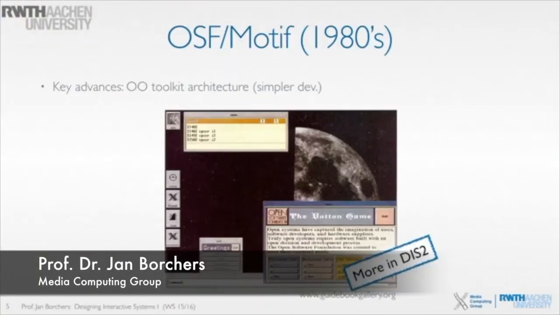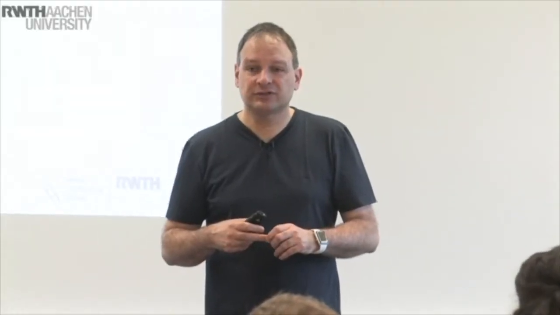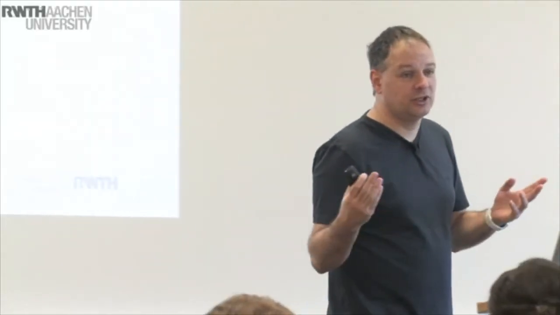Okay, so then around also in the 1980s, OSF Motif appeared, which was basically a Windows system and complete sort of GUI toolkit to build graphical user interfaces on Unix, based on the X Windows system, which is also a very curious and interesting graphical user interface system because it's actually running on your Linux box today, right? In a sort of improved variant, but it brought the graphical user interface to the Unix